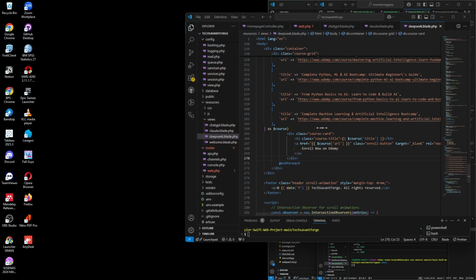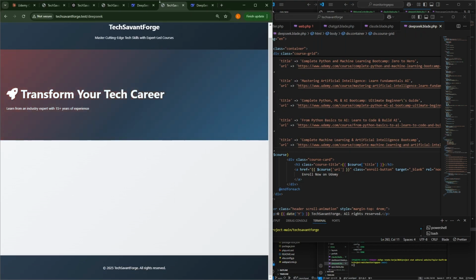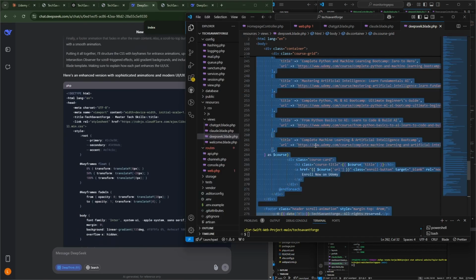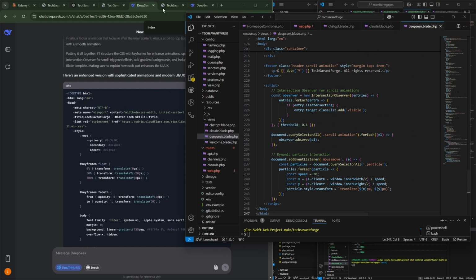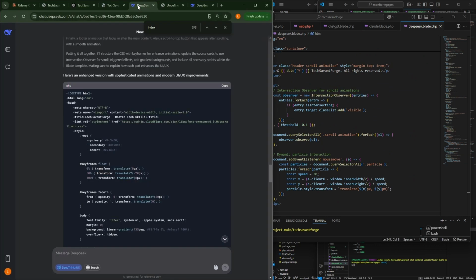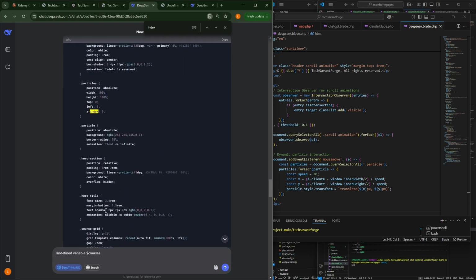So yeah. How about we just use the error, so we just copy this and we want to check in here, and different variable course and different. Yeah, I'm so lazy to think, so